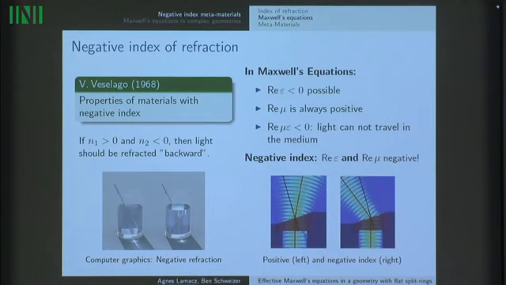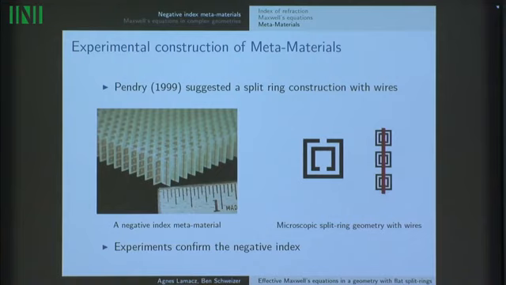Now, while there actually exist materials with a negative permittivity, more precisely the real part is negative, which is the case for many metals, all natural materials have a positive permeability mu. The real part is positive, usually very close to 1. So in particular, there exists no material in nature for which the real parts of the permittivity and of the permeability are both negative at the same time. But this is exactly the configuration which is needed to generate a negative index in the sense of Veselago's study. So since such materials simply do not exist in nature, the ideas of Veselago remained purely theoretical for a very long time. And it took something over 30 years until the first actual negative index material was constructed,